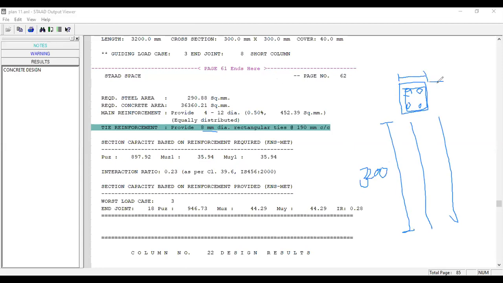It's 300, and this dimension is also 300. Vertical reinforcement, and you need to provide a tie like that. And the center to center distance between the ties is 190 mm.